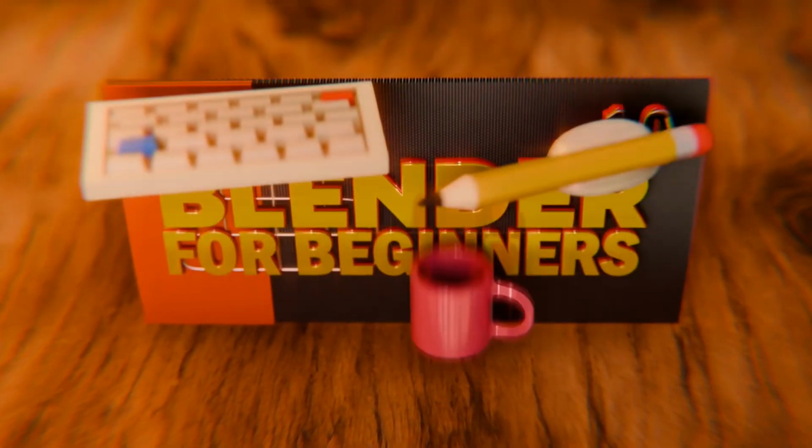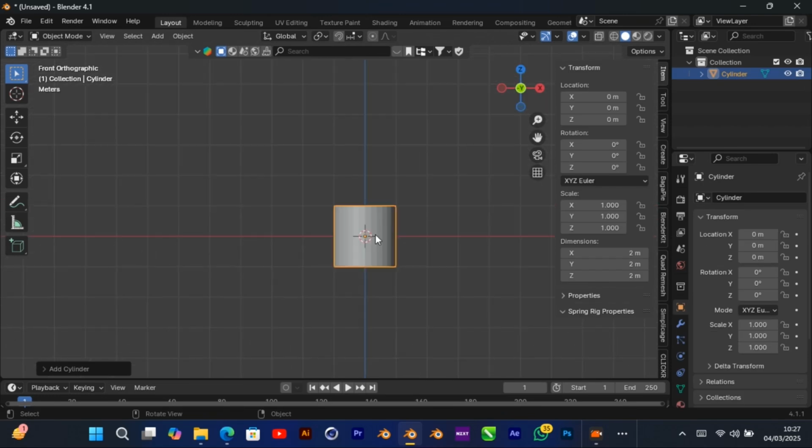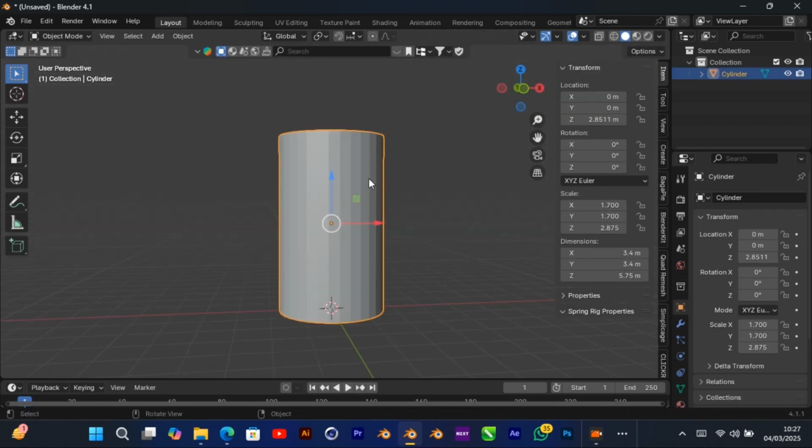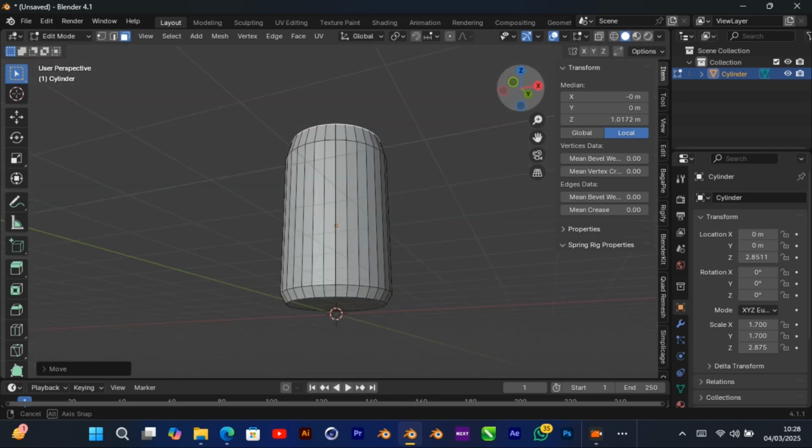If you are looking forward to become a 3D artist, Blender for Beginners is for you. This tutorial is made for beginners and we are going to learn from scratch. So in this tutorial, or in this series, we are going to look at